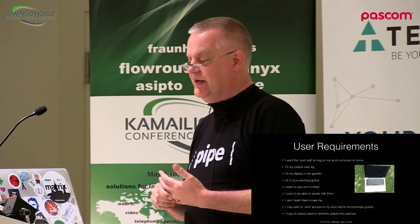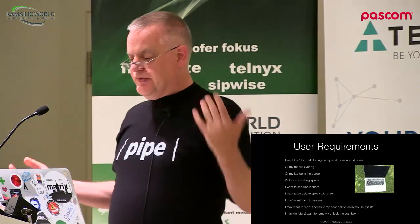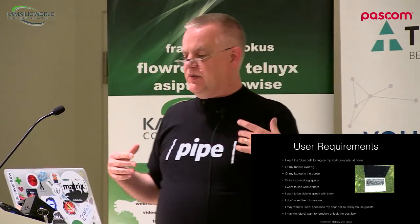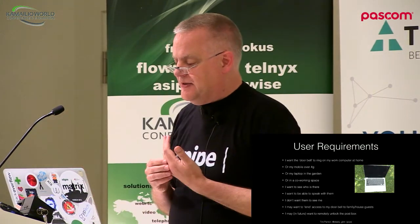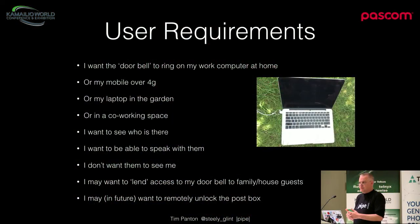and certainly IoT ones. I want a doorbell to ring on my work computer at home. So when the button is pressed, that's what I want to happen. I want it to also work if I happen to be on my mobile on 4G, or on my laptop in the garden behind some NAT, or in a co-working space in Manchester. I want to be able to see who's at the door,